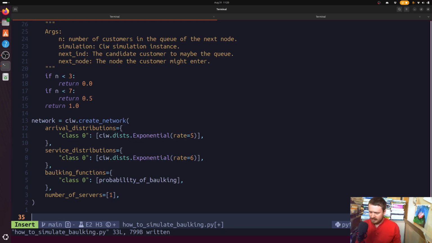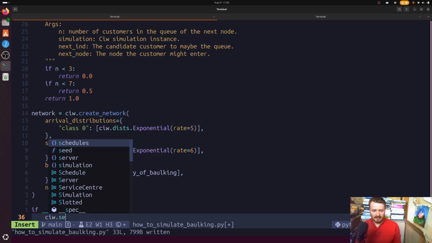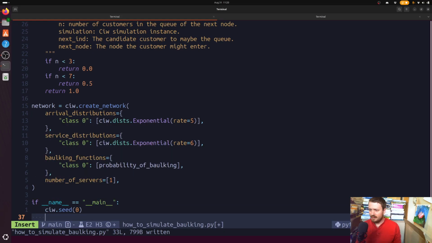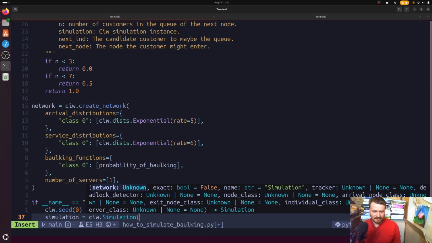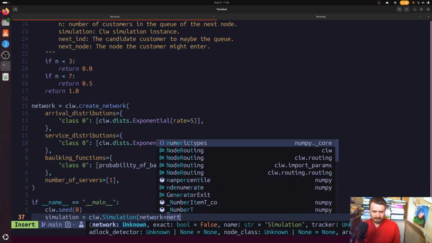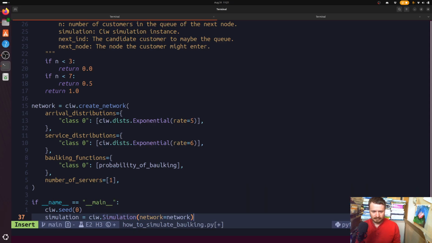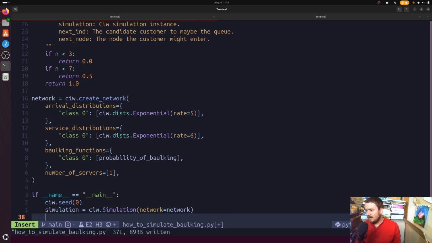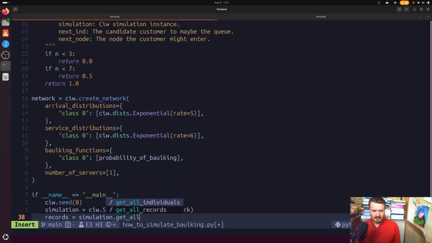Now let's run the simulation. So let's make an if __name__ is __main__. Then we'll set q.seed 0 just for reproducibility. This should all be very familiar if you followed along with the videos, but I just like to occasionally go through all the motions here. It's good practice. And let's gather our records. So we grab our simulation object and get all